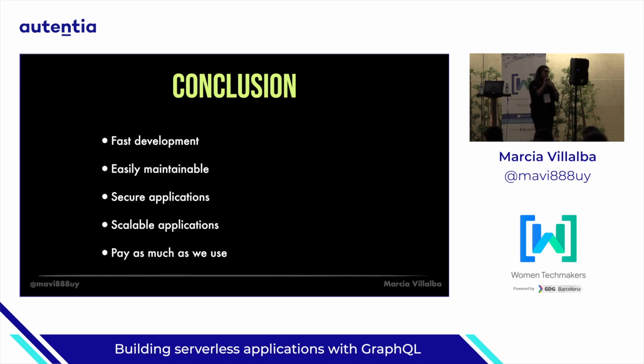And if you cannot find your way around velocity templates, you can always create a Lambda and do all the magic in Java, JavaScript, Python, or your language of choice. It's very easy to maintain in general because everything is centralized in there. And you will see the connections to all the different managed services. And if you're using infrastructure as code, you can try it in different environments pretty easily. Your applications are secure out of the box if you're using services like Cognito. You can create fields that are only available for specific customers with specific roles.